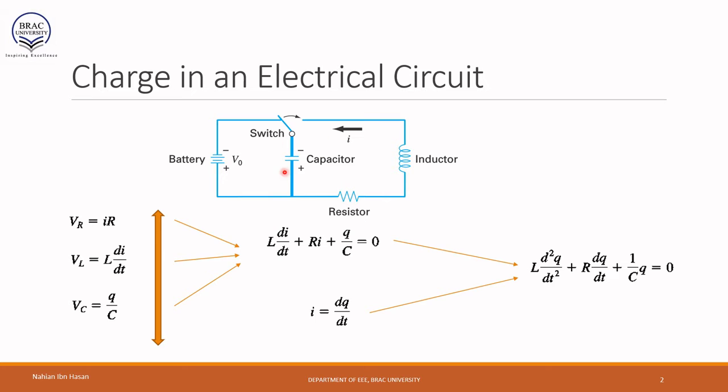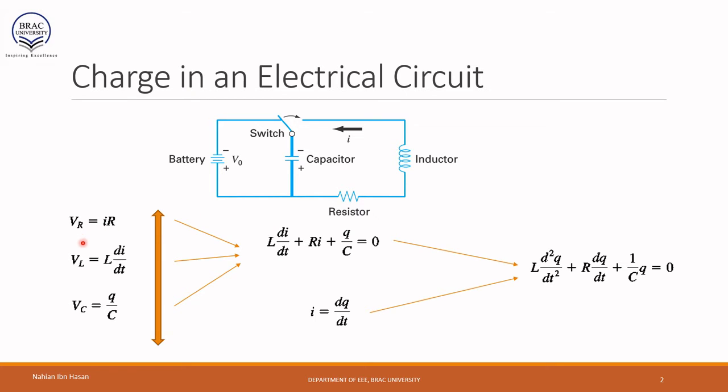Initially our capacitor is being charged towards V0, and then the switch changes its position, and after that the stored charge will dissipate through the rest of the circuit. So we are considering the rest of the circuit for dissipating the current. We are not considering the situation whenever the switch is in the left position. We are considering the situation whenever the switch is in the right position. These formulas are valid for that position.